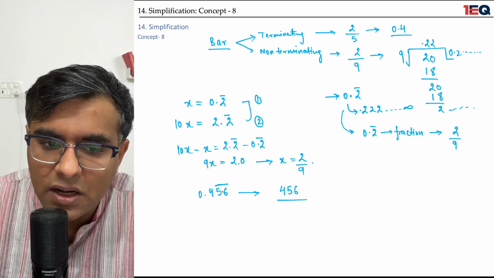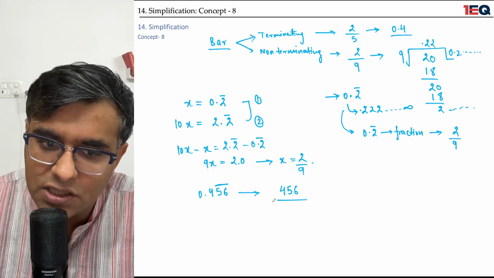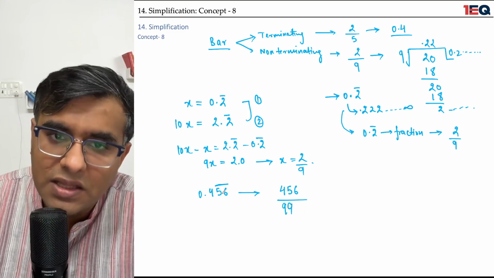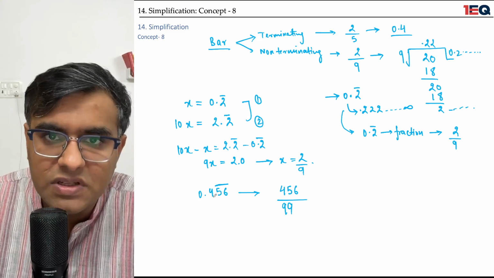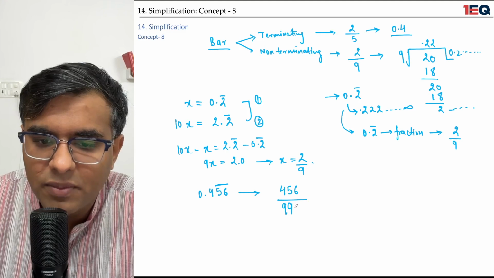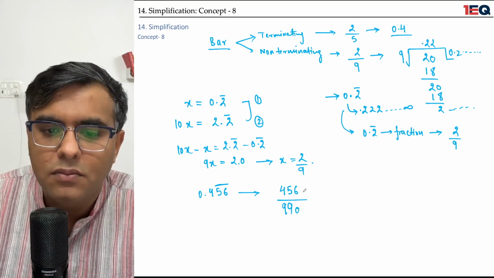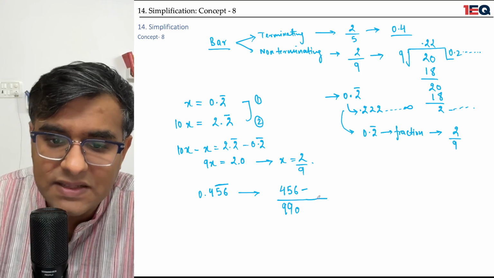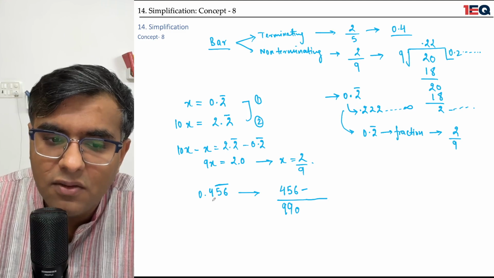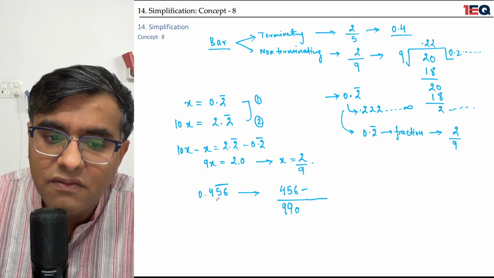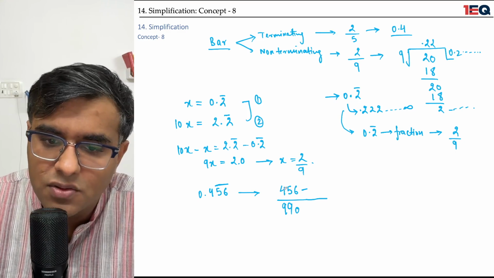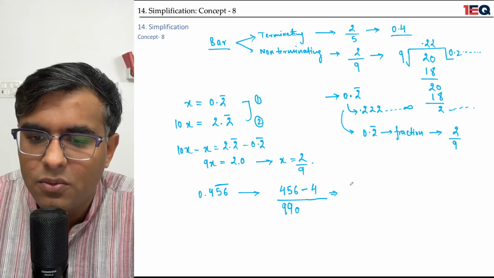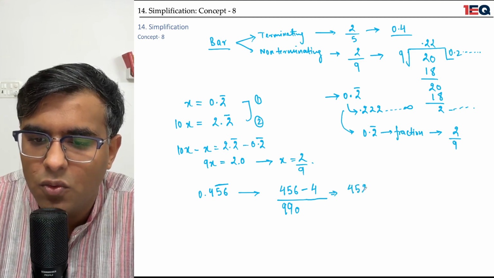The things under the bar would give me 9 each. So there are two digits under the bar, which would give me 99, and there is one digit outside the bar, which is 4. So that would give me a 0, and there would be a minus sign over here. What would this minus sign represent? This minus sign would have the digit which is outside the bar. So 456 minus 4. When I finally write it down, I would write down 452